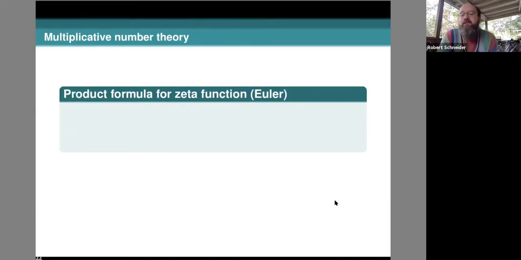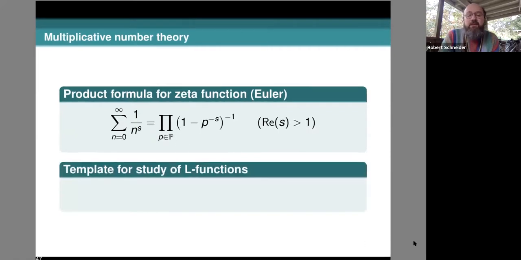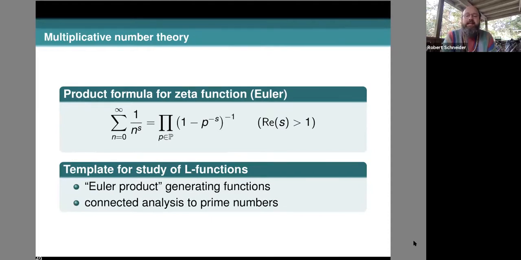Euler also proved the product formula for the zeta function. The Euler product formula says you can write the zeta function as this infinite product over primes. These are the primes down here. This is also really impressive. For one thing, it's the template for our entire study of L functions. There's an Euler product that generates the sum, and it connects analysis to prime numbers. Here we have infinite series, really nailed down a generation before Euler's time, and he's connecting them to the prime numbers that go back to the Ishango bone. So incredibly cool.